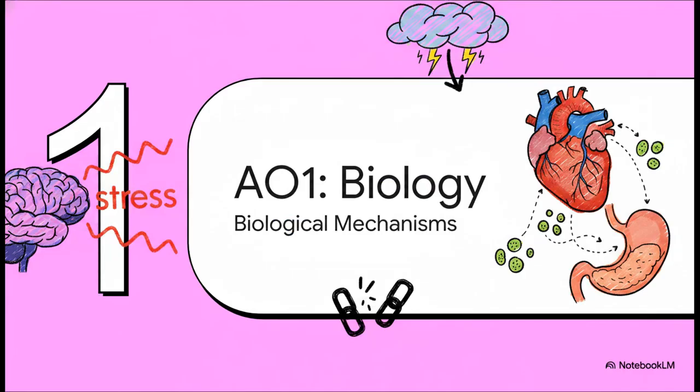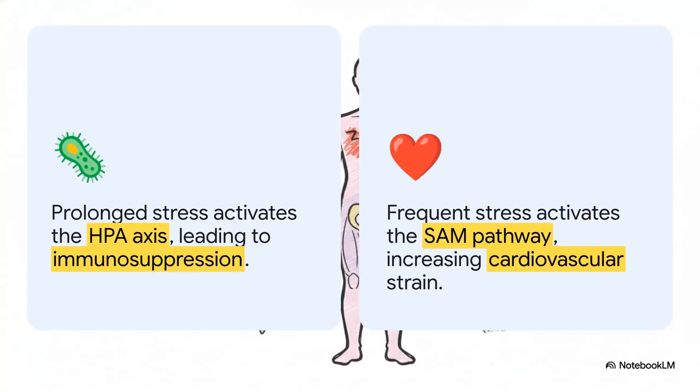Starting off with Section 1, AO1 Biological Mechanisms. Look, before we can evaluate anything, we've got to know how a stressful thought in your mind actually turns into physical disease in your body. There are two main biological routes you need to memorize. First up, the HPA axis. When you're facing prolonged chronic stress, this axis activates and releases cortisol. It's trying to conserve energy by shutting down non-essential stuff, which unfortunately leads to immunosuppression, meaning your body basically stops